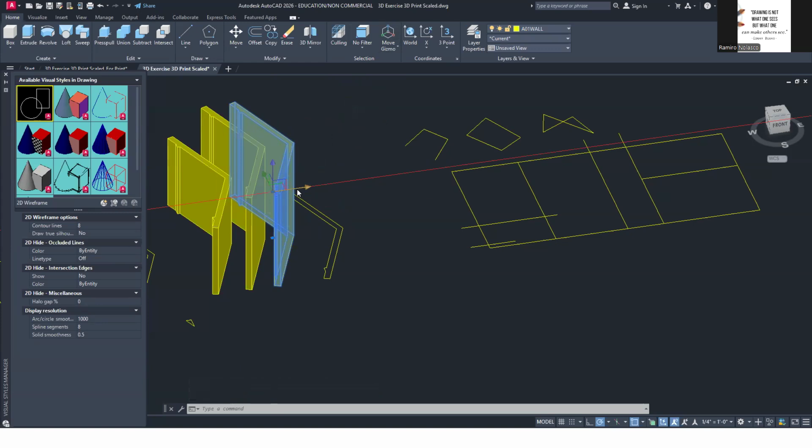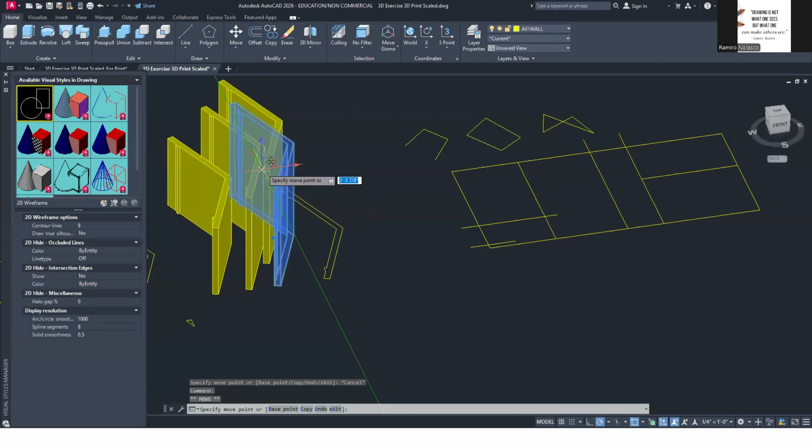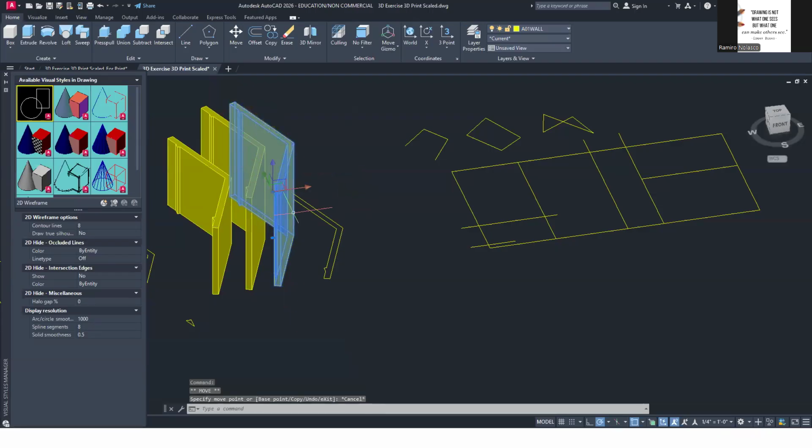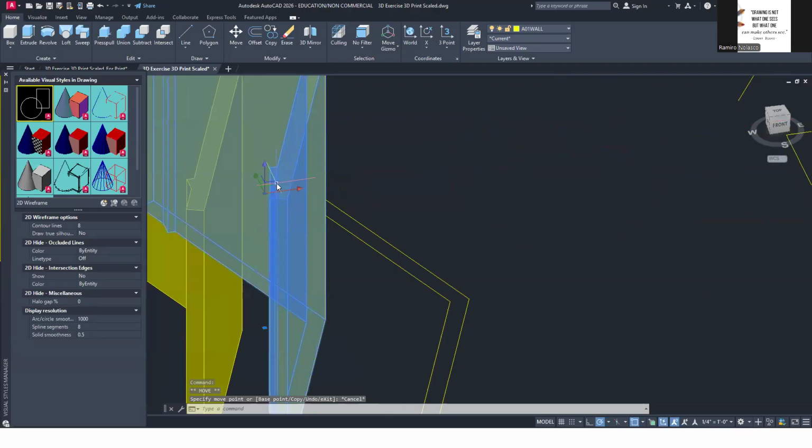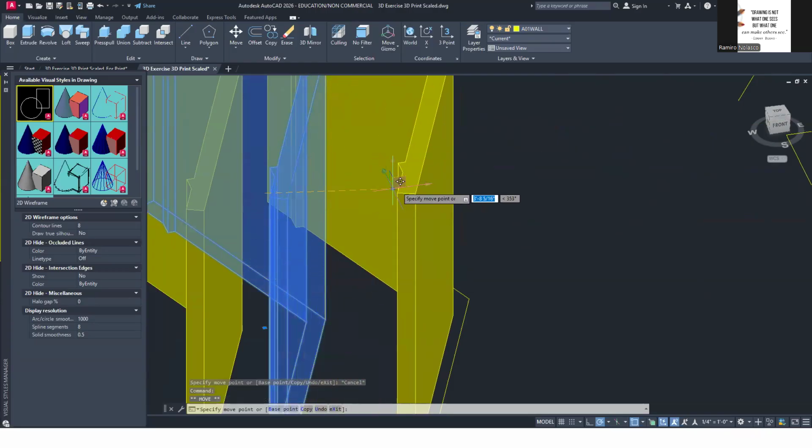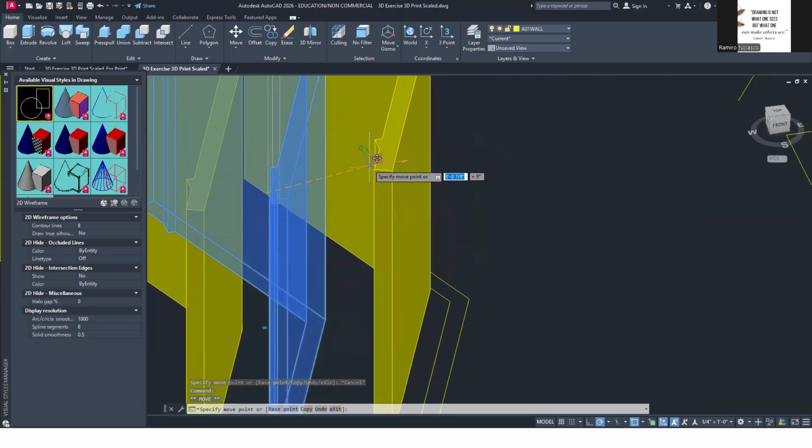You simply click on the axis and then you can move along that axis. So that's the x-axis. You can move along the y-axis, z-axis. If you hover over and click that ZY plane, then you are moving along the ZY plane.